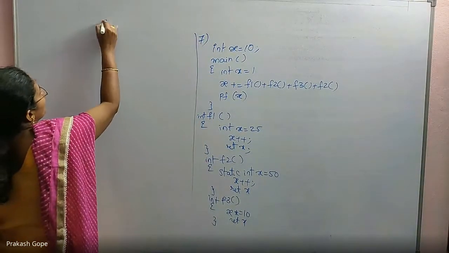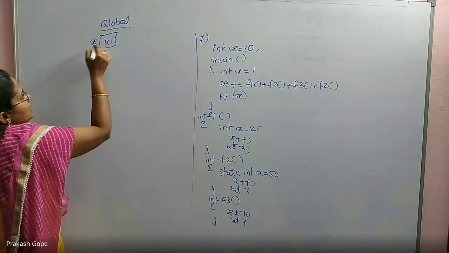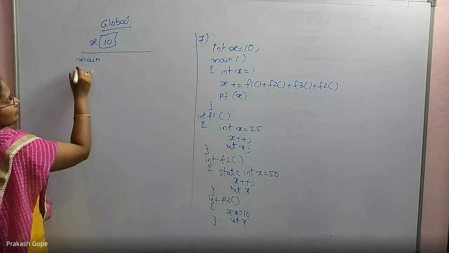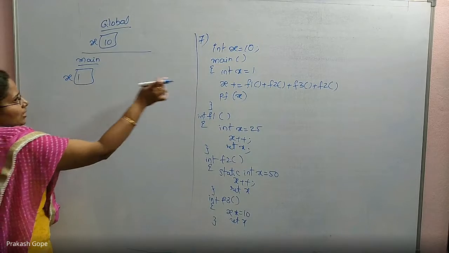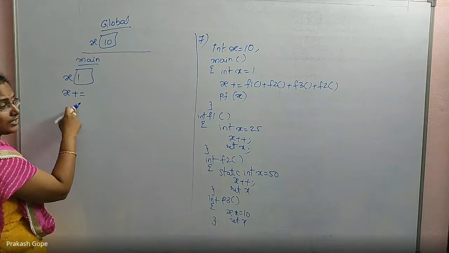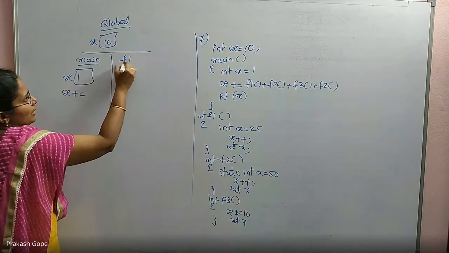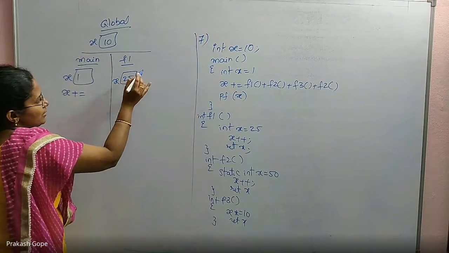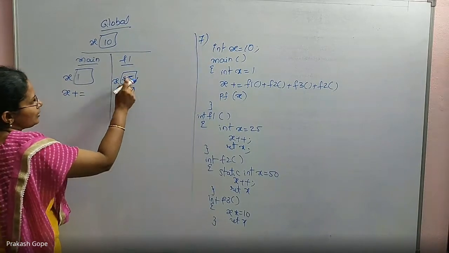So this is the global environment. In C, global is different, main is different. Global x is 10. Okay, done. Then in the main function, this is main's environment, in which I have a locally declared x initialized with 1. Then there are statements, x plus equal to, it is not x equal to, it is x plus equal to, first the F1 call. With the F1 call, I came to the F1 function and there is a locally declared auto variable, initialized with 25. x plus plus, it becomes 26. Return x, which is 26.